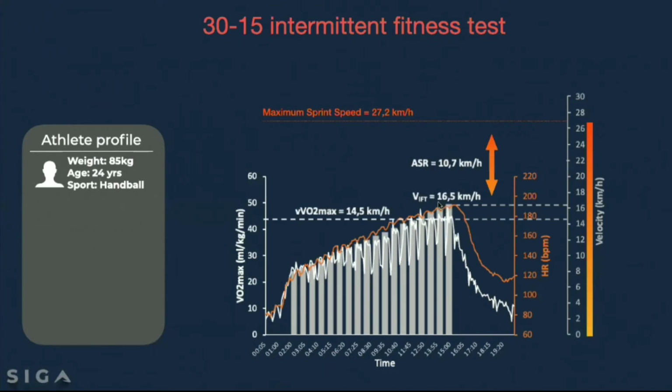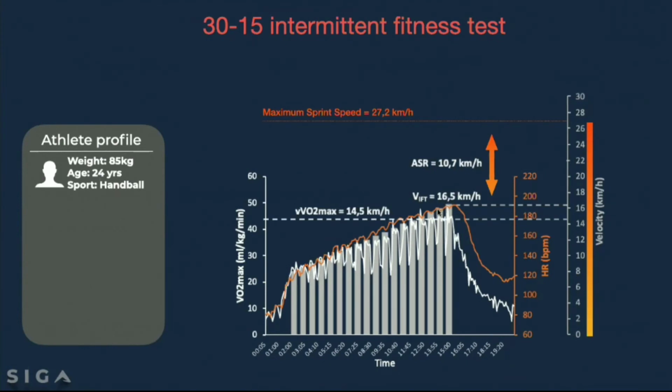It goes up and down due to the work and rest ratio that there is in the test. And at the end of the test, there is the final speed. The final speed for this athlete in the test was 16.5 kilometers per hour. And this intensity is extremely important, because we'll be using it for prescription. We also have here the velocity associated with maximum oxygen consumption, but we're not going to use it. I'm just showing it because I was using a gas analyzer. You don't need to use a gas analyzer. You just need to do the test. This intensity is not important.